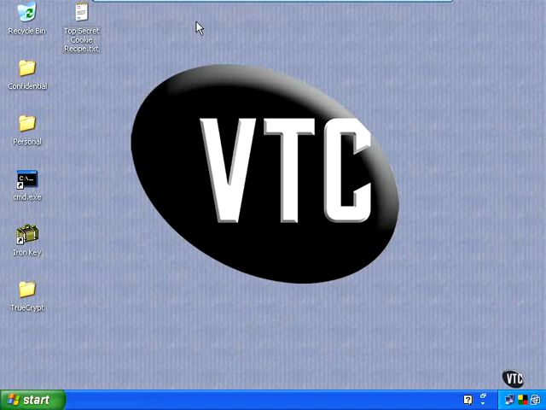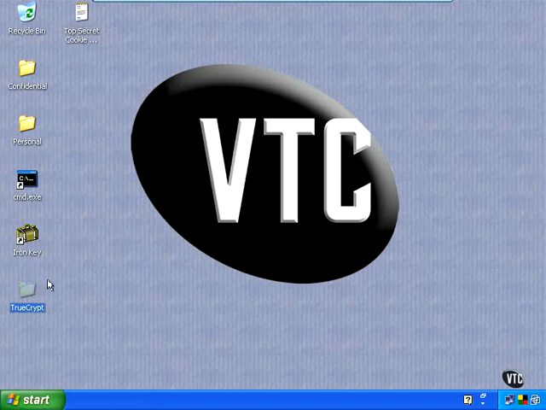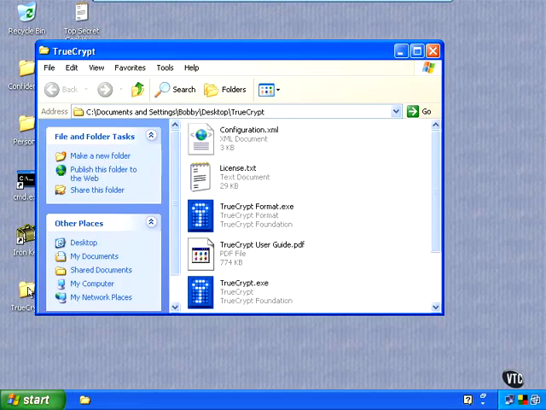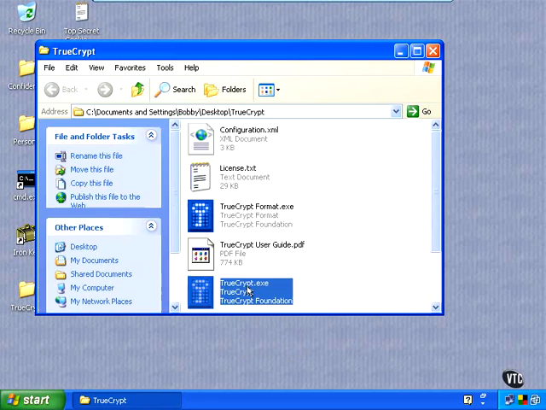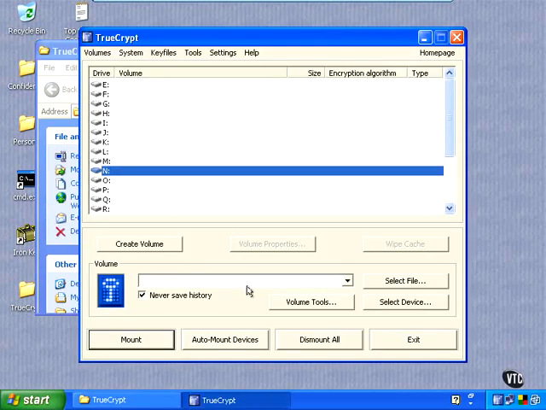We're back in our Windows XP box, and you can install TrueCrypt a couple of different ways, and I've chosen to install it as a single standalone. Now what we need to do is go ahead and execute TrueCrypt by double-clicking on the TrueCrypt.exe file. This is going to give us a pretty decent menu here. What I'd like to do is create a volume, okay? And how we do that is essentially